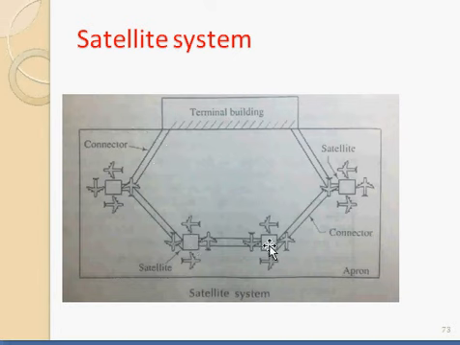and from the terminal building you will be providing connectors to these satellite stations. Here these connectors are usually provided as underground tunnels. So the people who are coming to this particular terminal building have to travel through these connectors first to reach these satellites, and adjacent to these satellites aircraft will be parked like this. So they have to walk this much distance, reach here, then board the aircraft. So that is known as satellite system.